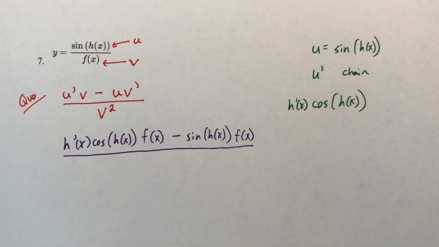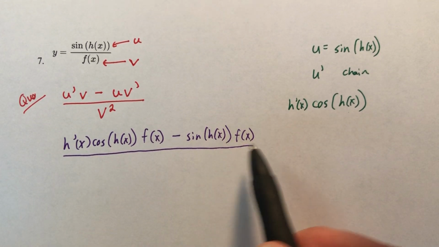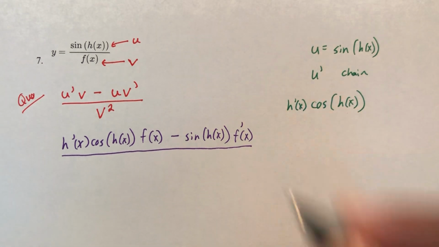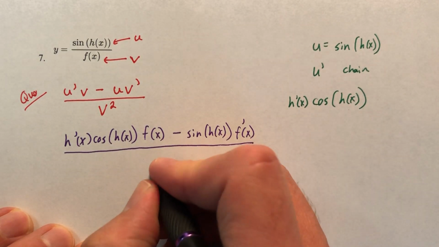There we go. I just made a mistake. Hope you caught it. All right. It's subtle. It's just one little thing I need to put in there. I was so busy singing and making up lyrics to an old song that I messed up somewhere. And here's where I messed up. U prime V minus U V prime. I forgot to take the derivative. Oops. All divided by V squared,